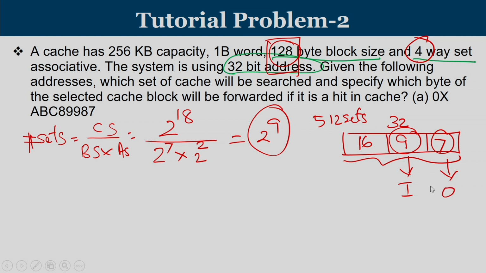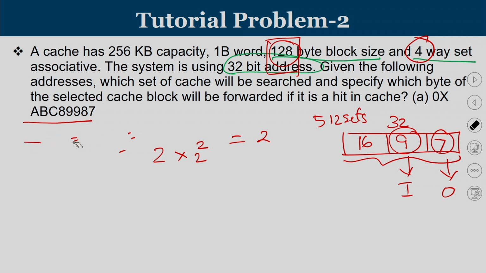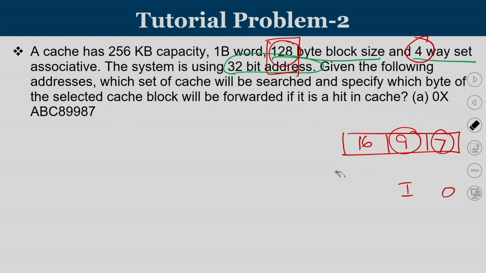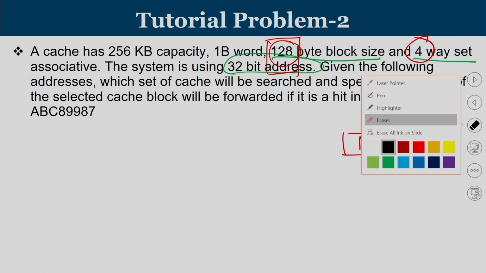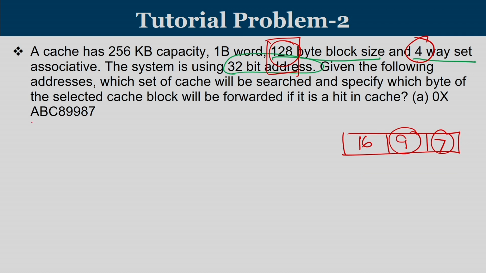Now, from the given address, we have to find out which set index will be searched, and after searching that particular set index, if it is a hit, then which word is going to be extracted. So, our problem now is we have a 16-bit tag, a 9-bit index and a 7-bit offset. The address given is